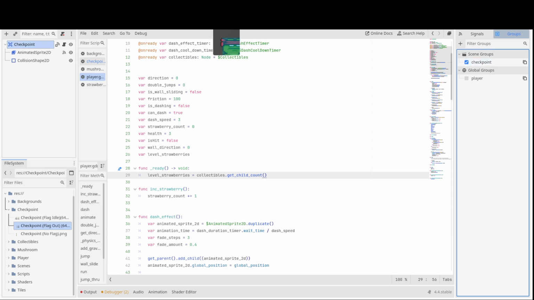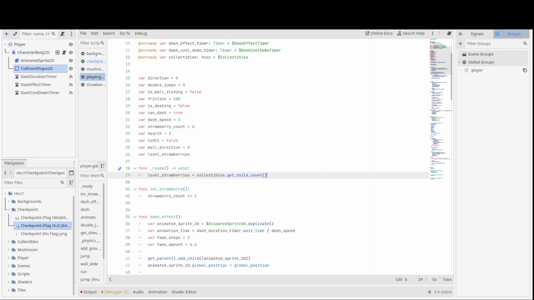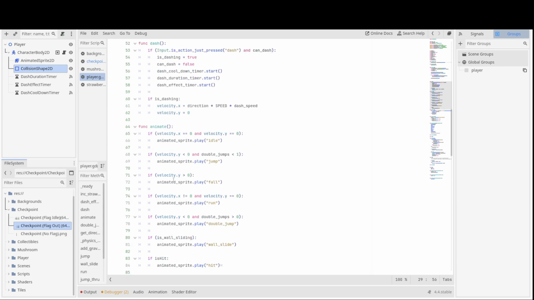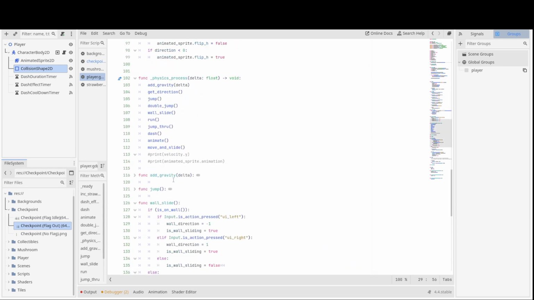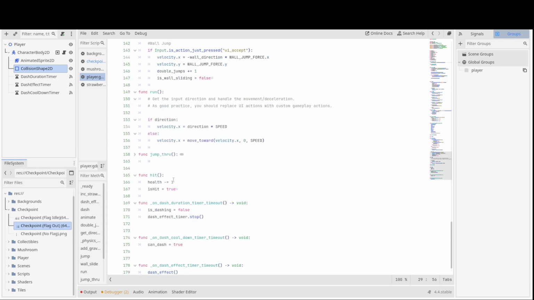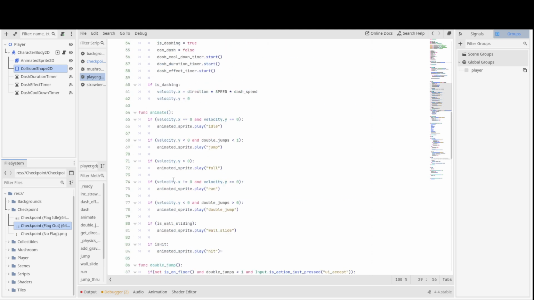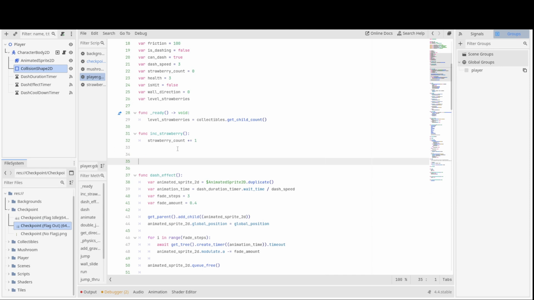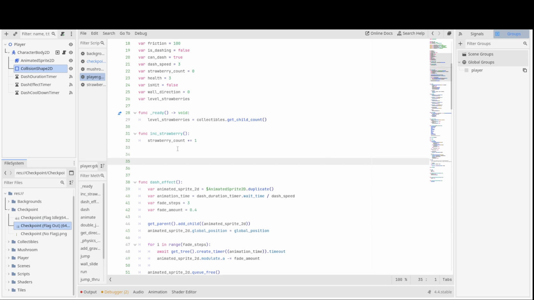Okay, so now if we come back to the player, now we can add a new function to complete the level. So let's go ahead and do that. We don't have one. No. Okay, so let's add a function to complete the level. Right, so I'm going to go down here and I'm going to say function complete level,